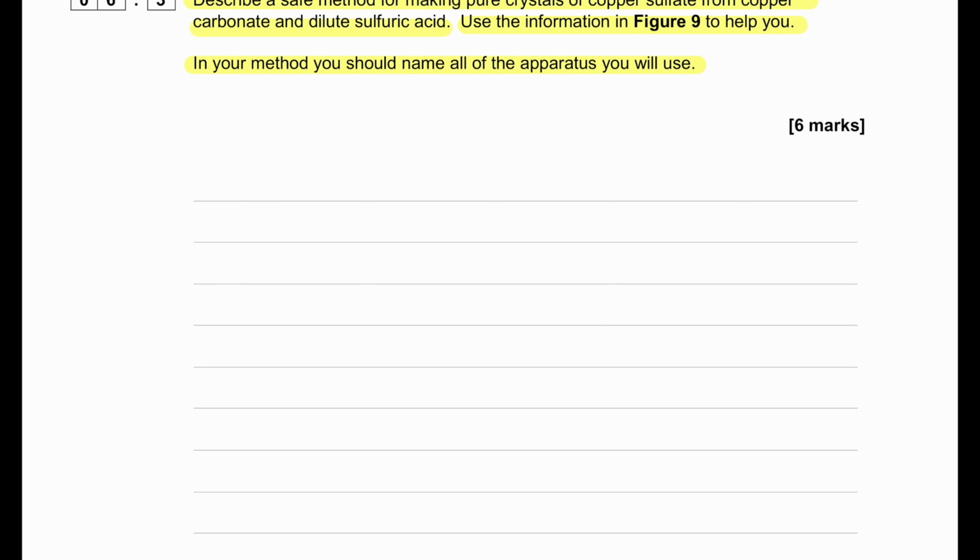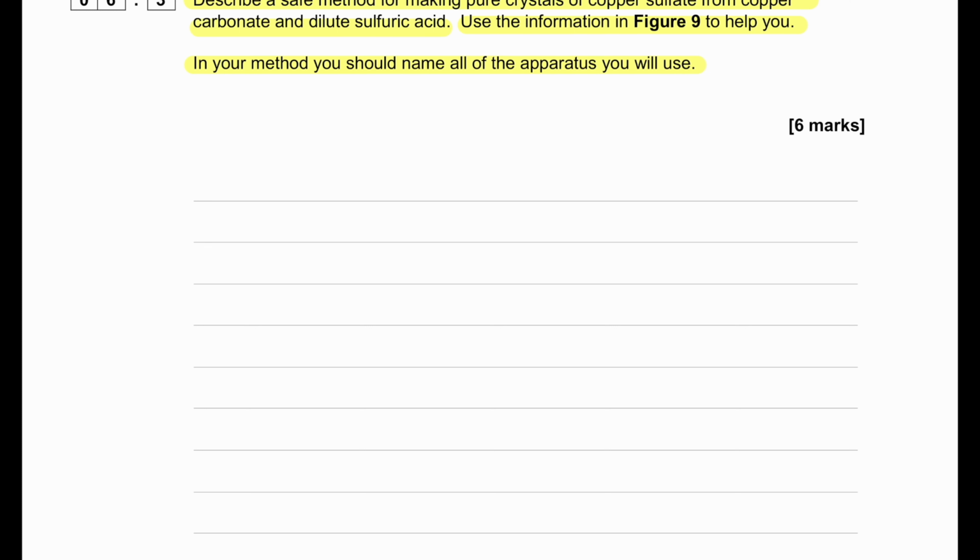So guys, to answer this, we're going to say sulfuric acid was taken in a beaker, and then we added copper carbonate to the sulfuric acid one spatula at a time. Now the reason why we're not measuring the copper carbonate is because copper carbonate is insoluble and we can thereby add it in excess. As long as the sulfuric acid is present, it will react with the copper carbonate, and